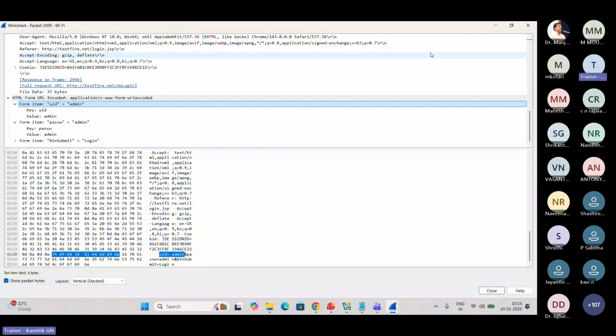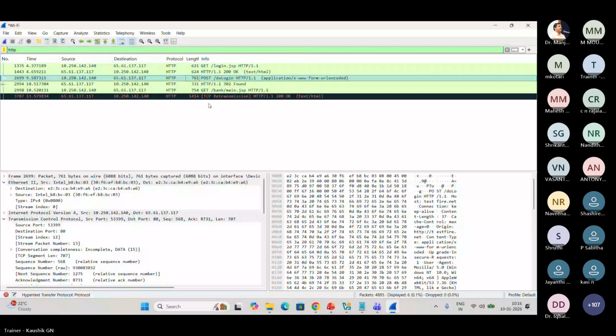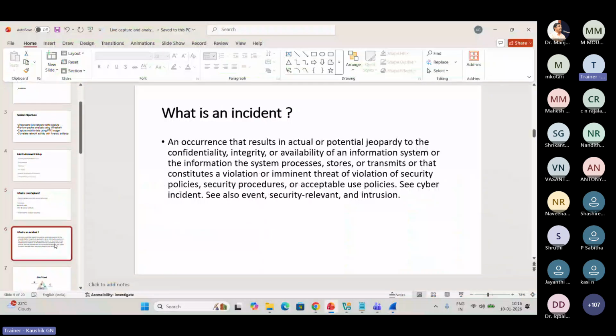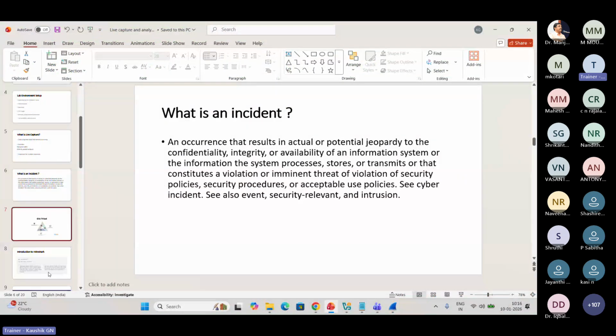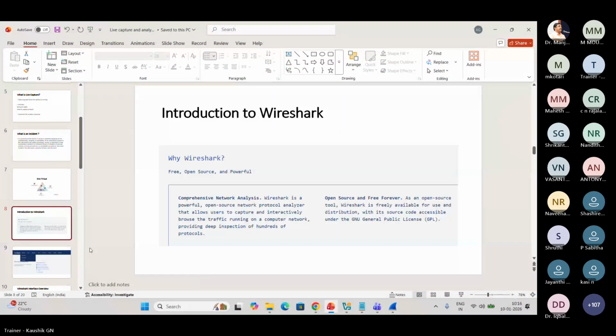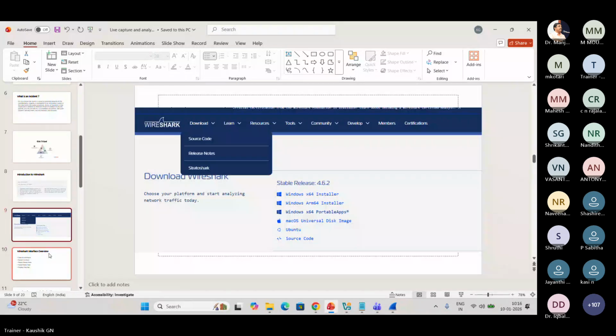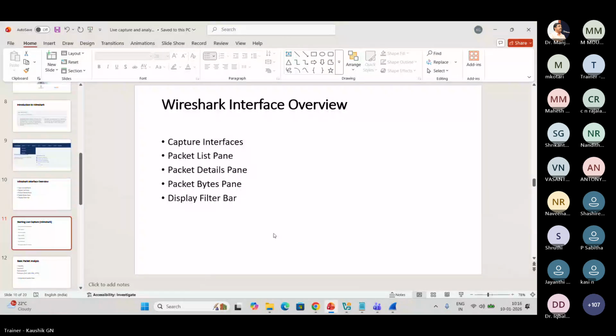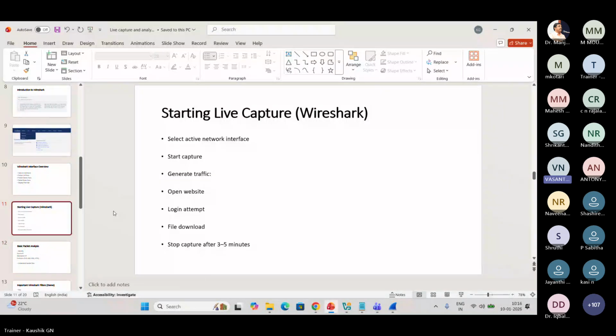Any doubt? Any doubt in Wireshark? You can ask. Then we will move to FTK Imager. Sir, will we come to know any type of attack in this pattern?